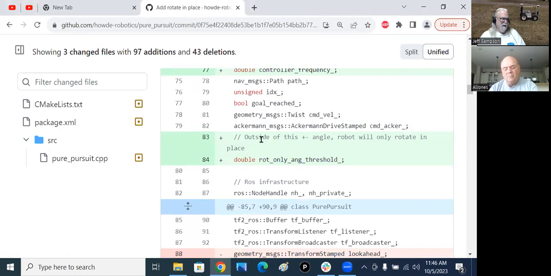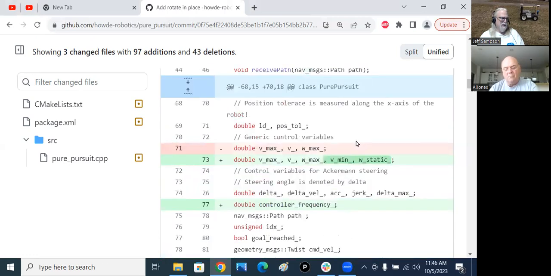see right here, he added the code that says if we're outside of this angle, and I don't know if that's the steering angle, or I think it's the angle between where you're pointed and the angle to the path, or the angle to the target. He says if you detect that, to do something with it. Somewhere it had an actual statement saying